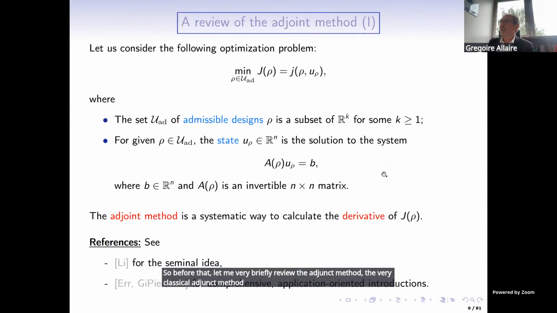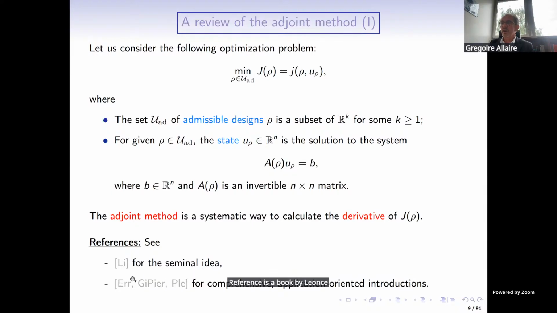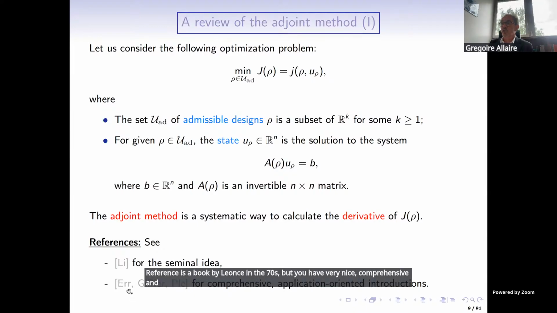It should be known, I guess, from most people who are performing structural optimization. And of course, one of the original references is a book by Lions in the 70s, but you have very nice, comprehensive and application-oriented introductions in those 3 references that you will find at the end of the slides. So in general,